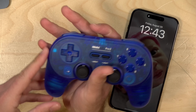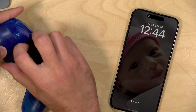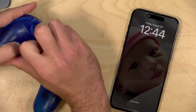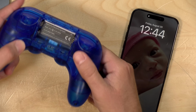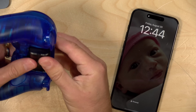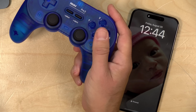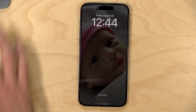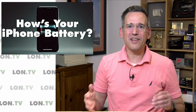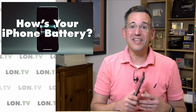So for example, the other day we looked at this 8BitDo Pro 2 controller, and sure enough, inside the battery compartment here, there is a replaceable battery. And I could even use AAs on this controller instead if I want. So there's still a couple of things out there that aren't too hard to replace batteries with, but I think in the long term here, your iPhone, even with these new EU regulations, is not going to allow you to replace that battery easily